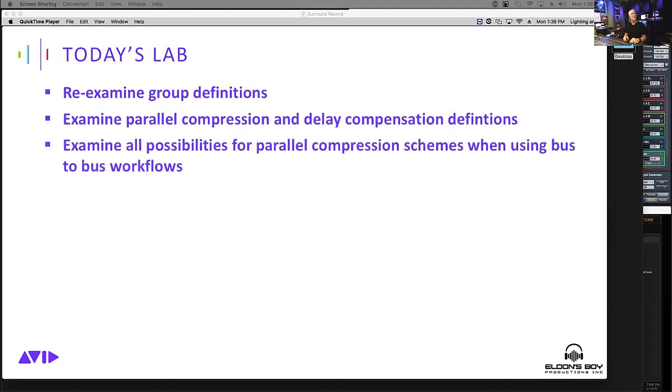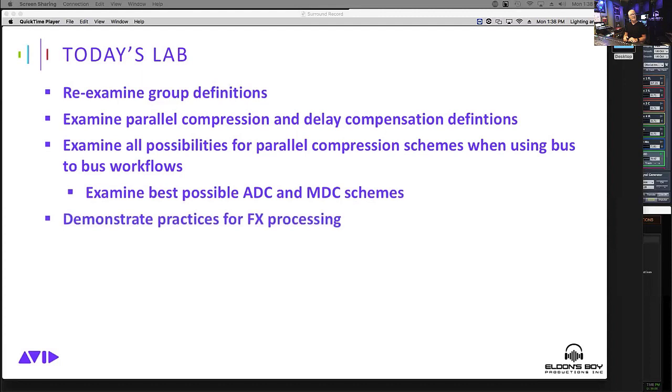I'm hesitant to say all the possibilities for parallel compression, but we're going to examine a whole bunch of them, that's for sure, especially when using bus-to-bus workflows. And then we're going to examine the best possible ADC and MDC schemes and demonstrate some best practices for effects